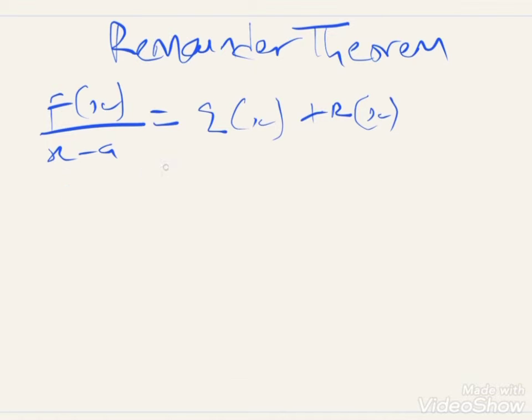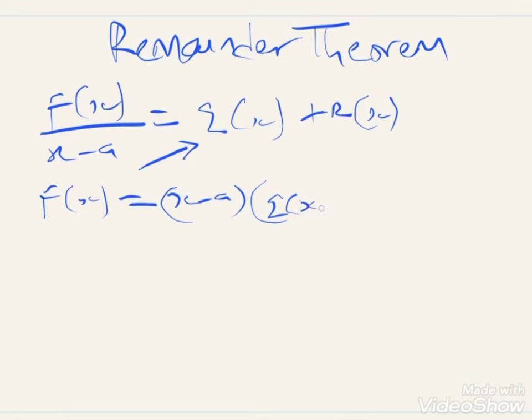We clear the fraction to have f of x equal to the linear factor x minus a multiplying q of x, plus r of x. Now, if we set x minus a equal to 0, such that x is now equal to a,